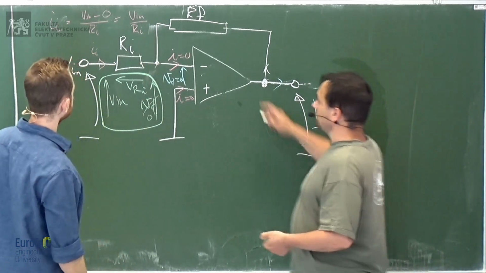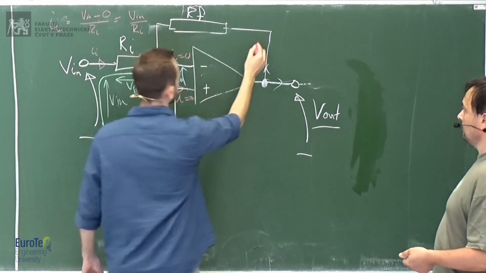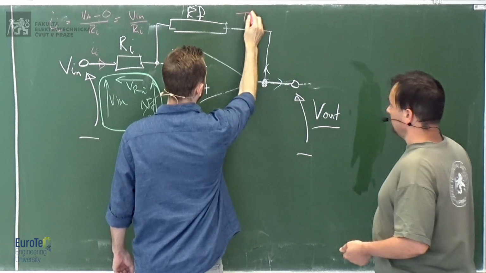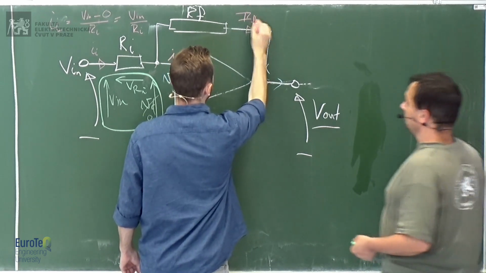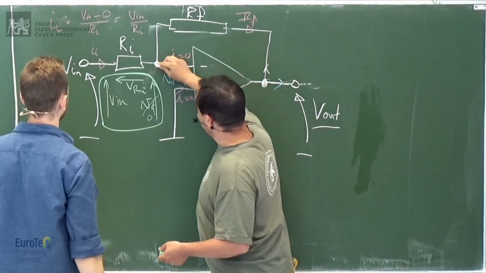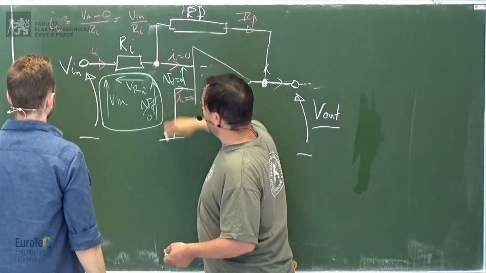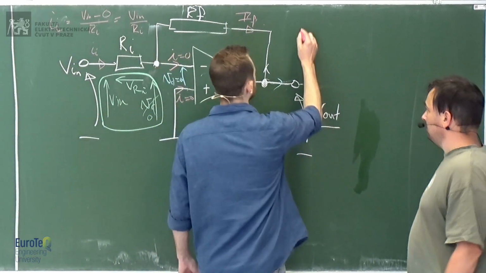Now, there's no current flowing in here, so that means the current is flowing out, which we call IR, IF. So the reference, if you use Kirchhoff's current law, KCL, if we're going to use KCL, we're going to say that